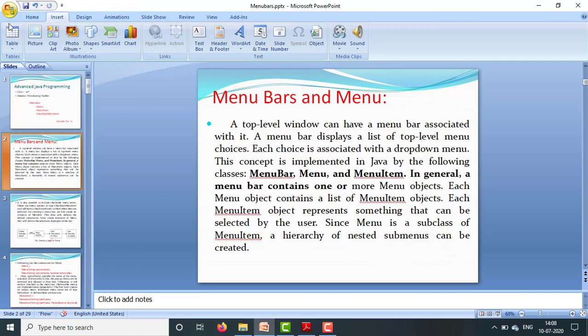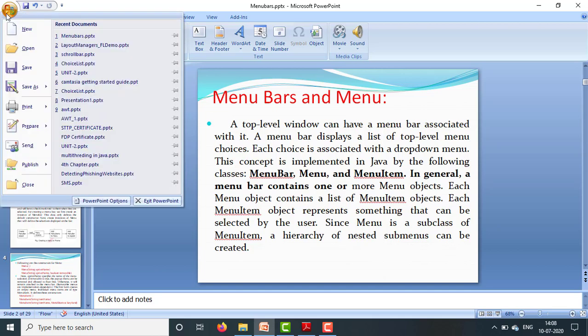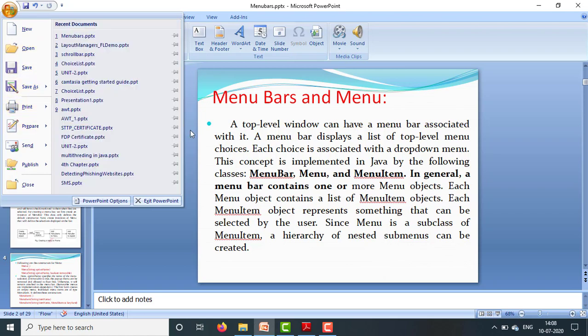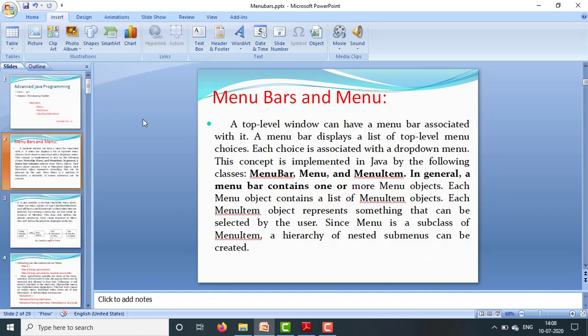This is the menu bar which contains different menus, like the File menu. In that, a number of menus are there: new, open, save as, print. And in these menus, submenu items are there. This is the design we are going to study in this lecture.